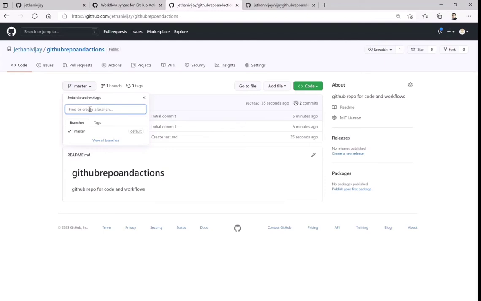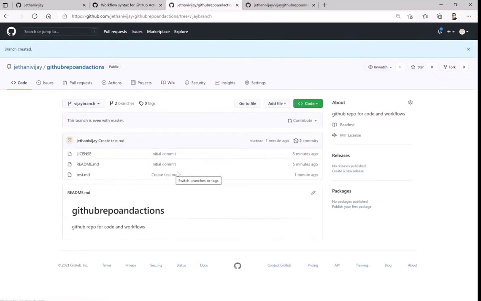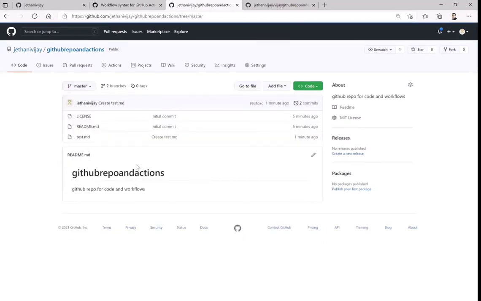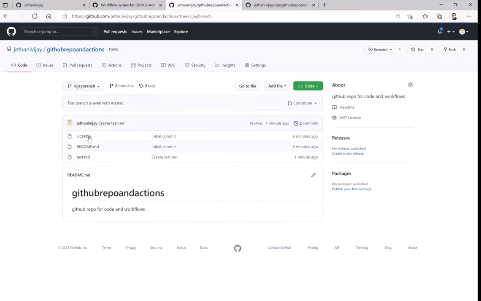So in that case, what they will do is, suppose I'm just creating one branch which is a clone of this. I just typed the branch name. This is how I create a branch from the source branch, which was master. Now if you see, I have exactly the same content to start with.